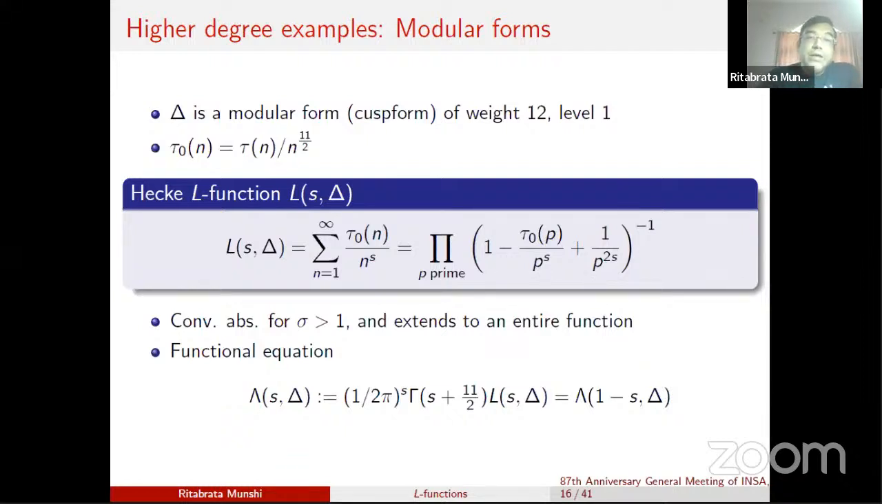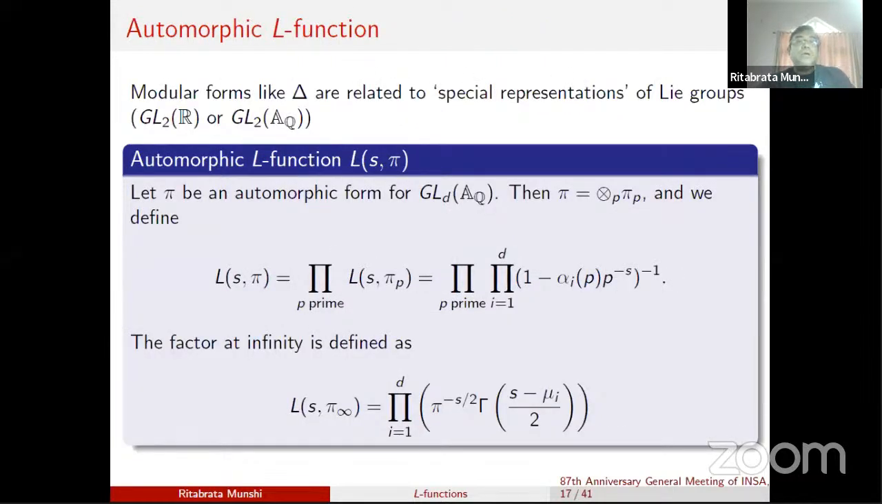function. And again, Hecke showed that this extends to an entire function, and it satisfies a functional equation. Here again, you have to multiply with a suitable gamma factor, and the value of the function at s is related to 1 minus s. In fact, they are just equal. Now we have seen an example of degree 2, and you may ask whether there are degree D L-functions for any D, and